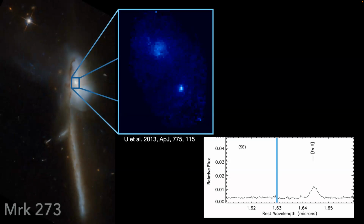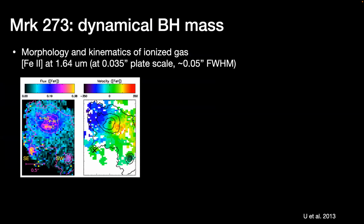I'm showing the image here. This is the H-band continuum, and this is the slice in the H-band. If I go across the slice, you can see for the iron 2 line that's detected in this structure how the gas was moving. And because of that, if we were to map this onto a 2D frame...